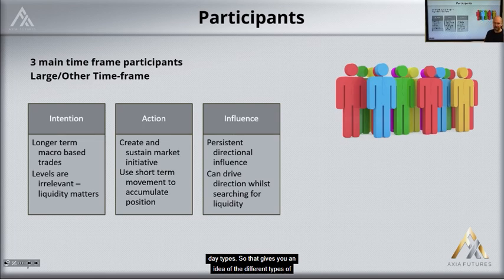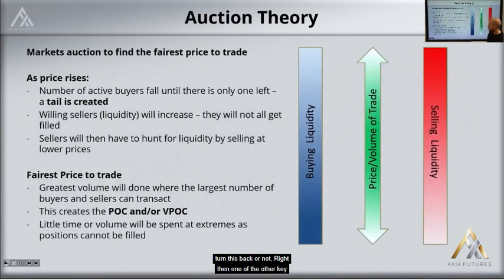So that gives you an idea of the different types of participant that are active. And your job is not to precisely say, okay, that 20 lot was clearly a large time frame and that was a local and that was a medium time frame trader. Your job is to judge from the shape of the profile and the hallmarks that are left whether a move is sustainable and what the implication of that move is for whether a market is going to turn back or not. Right then,